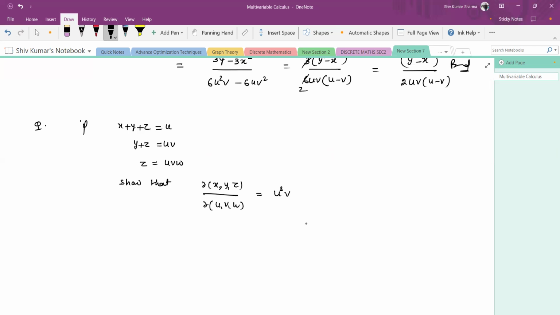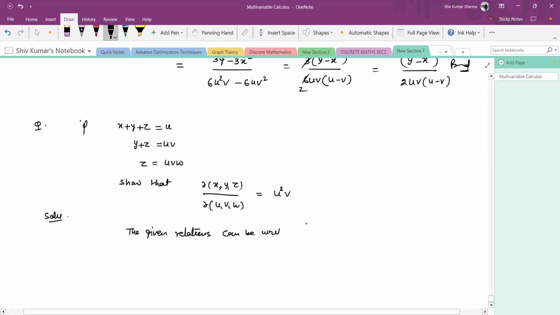Okay, so in this relation, we see that u, v, w work as independent variables. First we see how many relations are given. So three relations are given. On the basis of three relations, we make three functions. So the given relations can be written as,